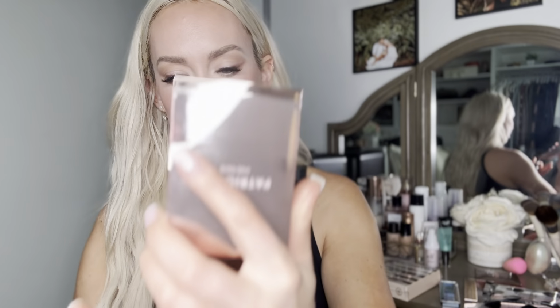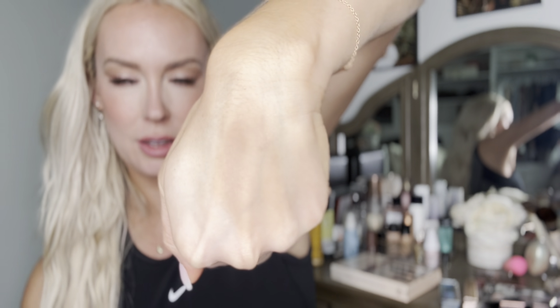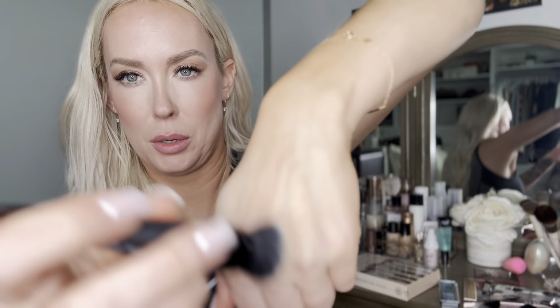This is definitely gonna be a bronzy formula and not one that's gonna be too warm, right? So once we have that, that is gonna be really, really nice for contour. I can tell you already, like, that's beautiful. So the texture on this is quite silky,